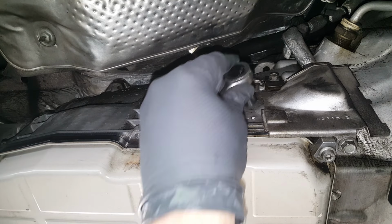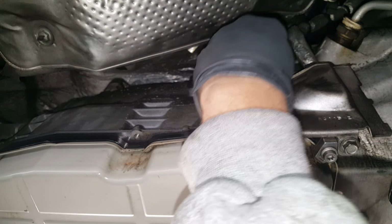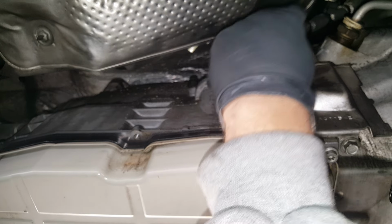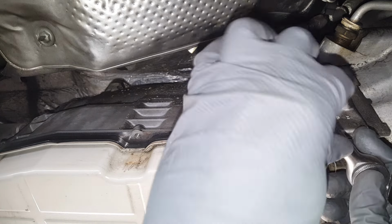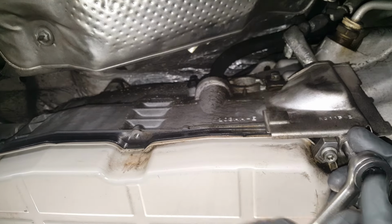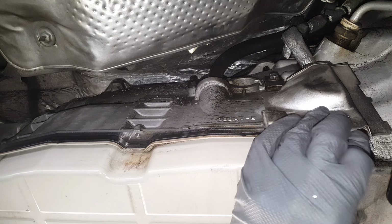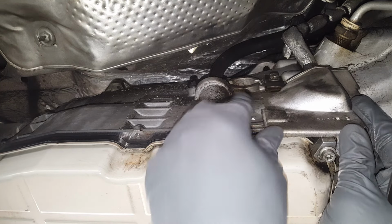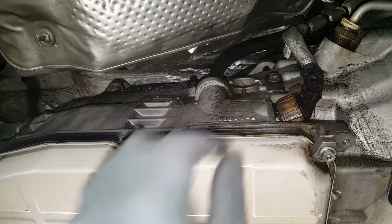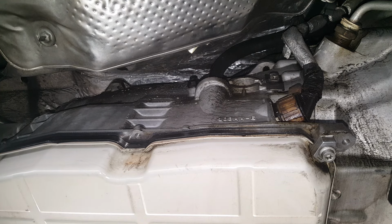Okay, at this back one, we've got a couple of 10 millimeters. Got to loosen this one up here. It's holding this little shield right here. And then we got to get this one out. And once we get this one, this little shield will drop down here. See how it slips underneath that up there. Alright, and with that out of the way, we can go ahead